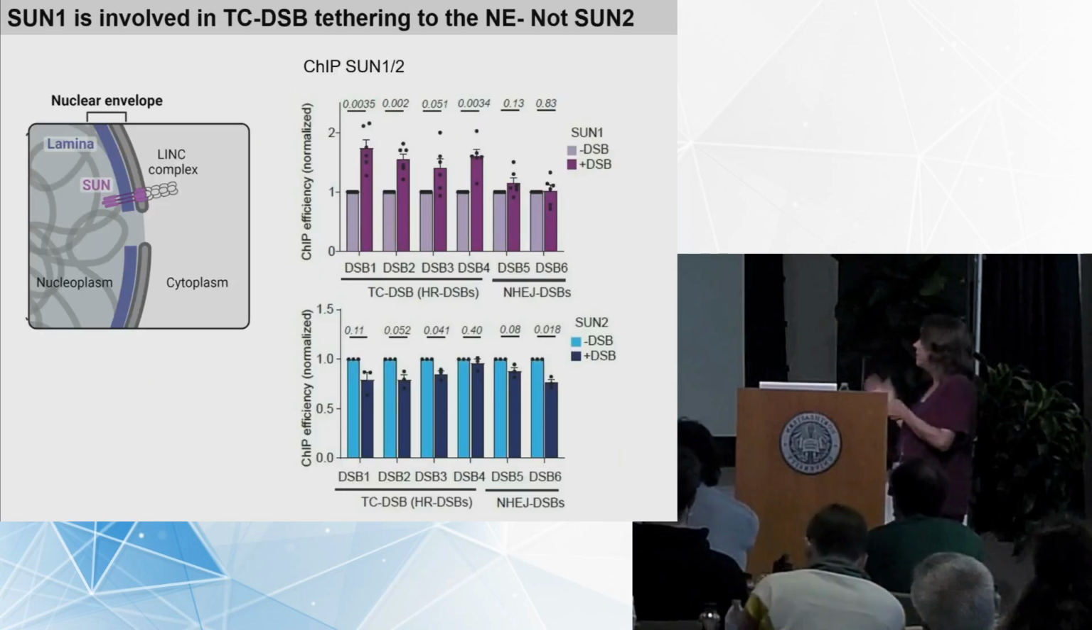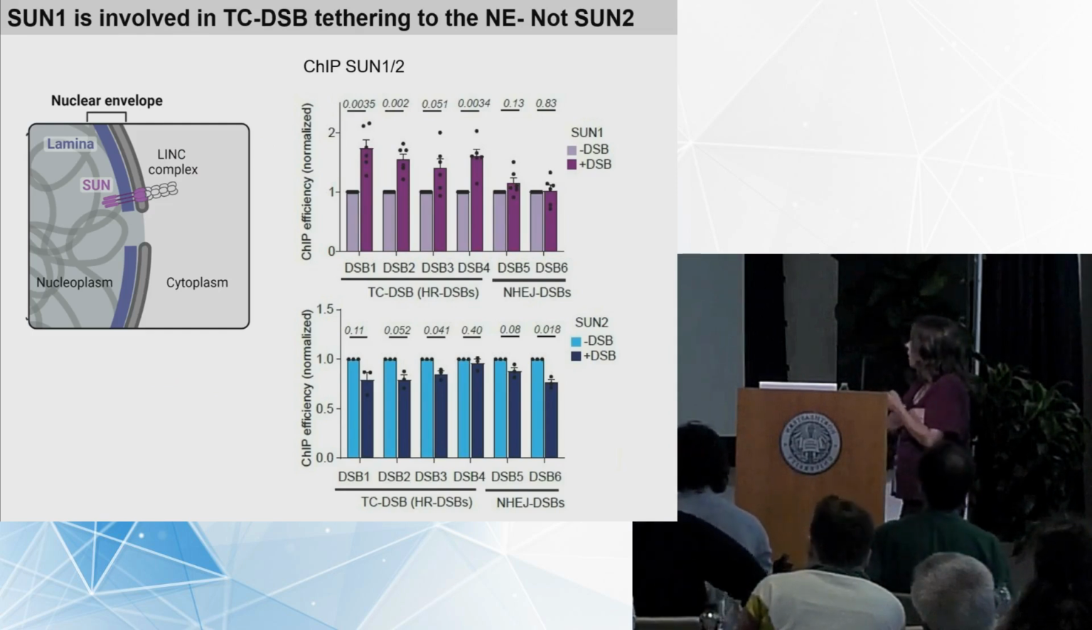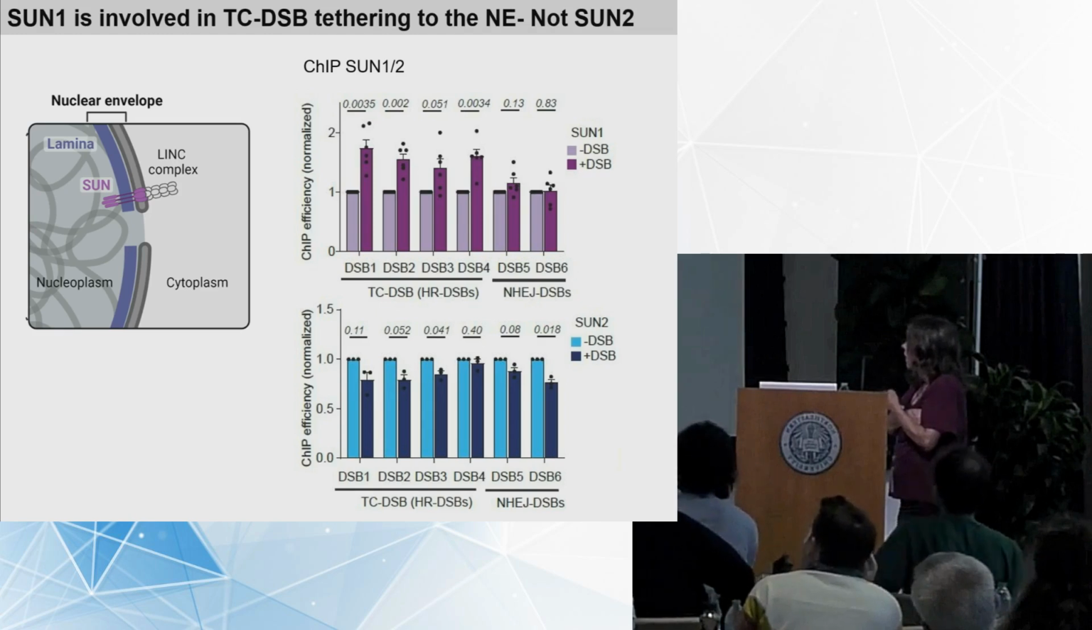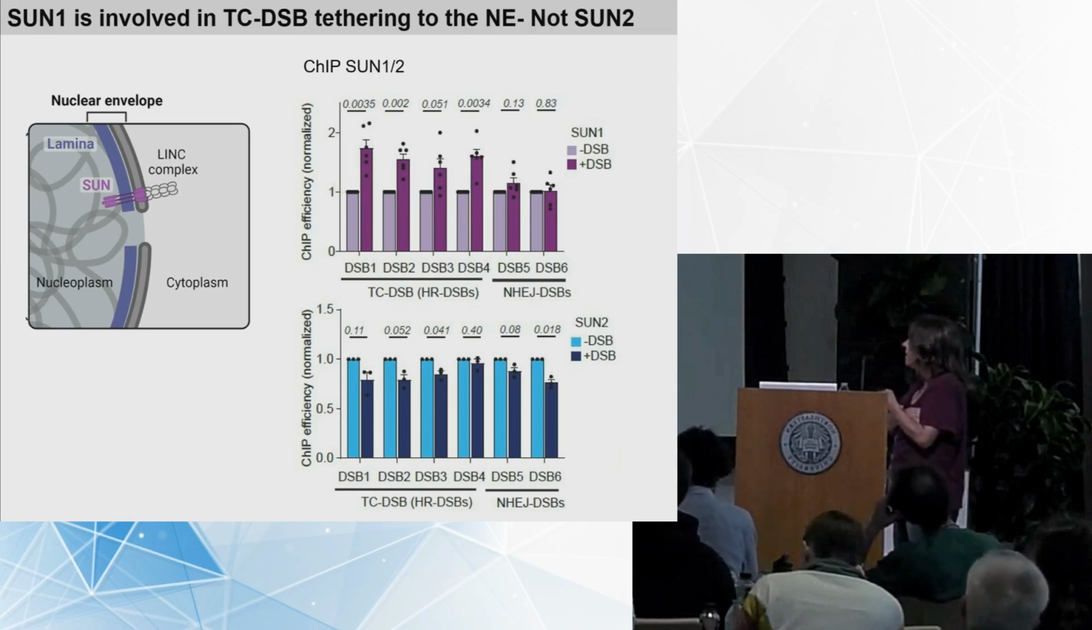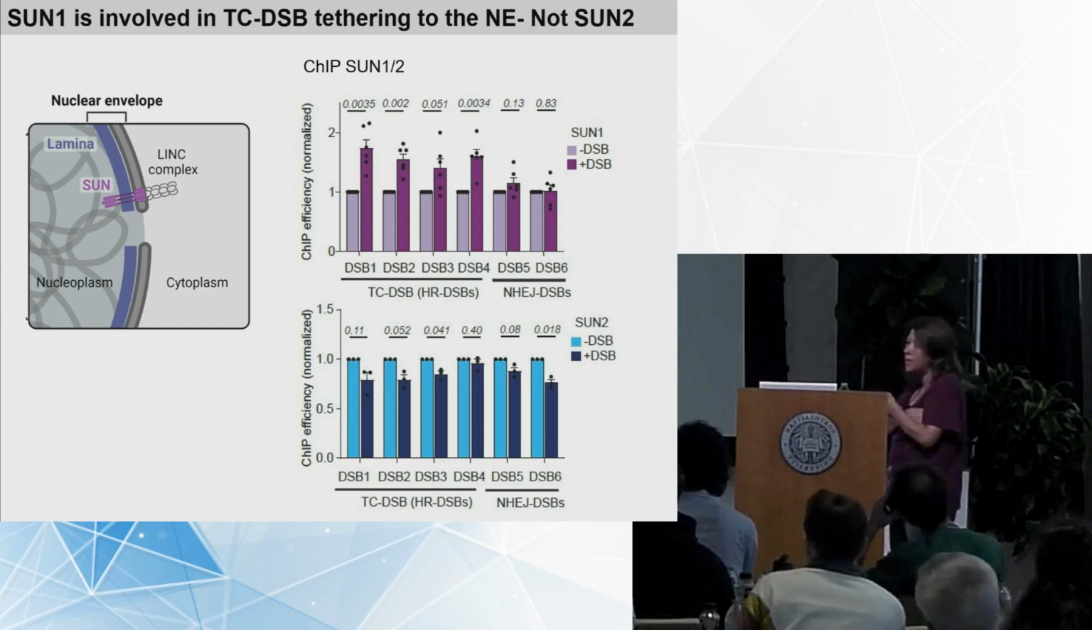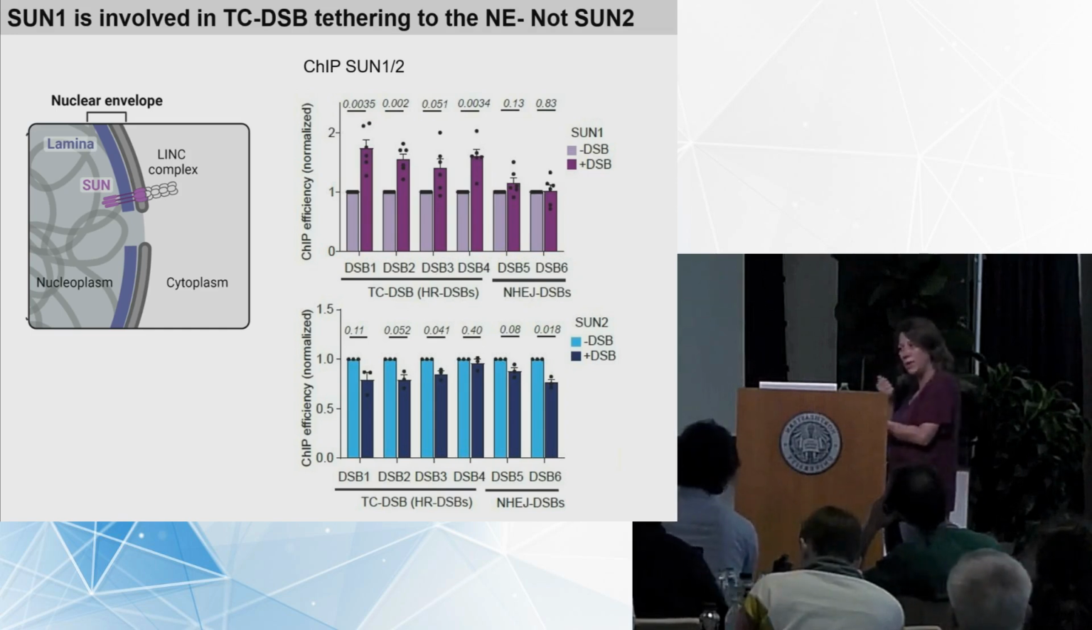So we have other pieces of evidence such as PLA, but then we were wondering about those SUN proteins that are part of the LINC complex. I mean, we have much evidence in yeast and in Drosophila that this LINC complex and SUN domain proteins are actually involved in anchoring DSBs at the nuclear envelope. So we performed ChIP experiments against SUN1 or SUN2, which are two paralogs of SUN domain proteins, and we could